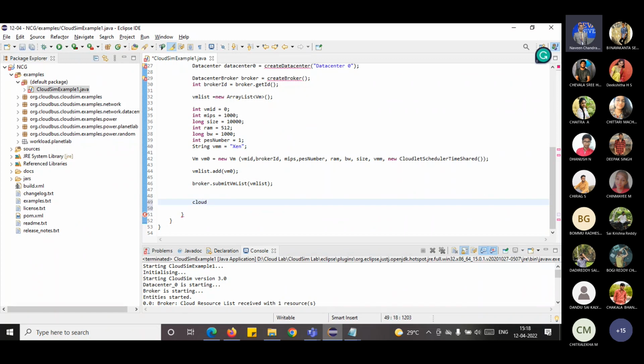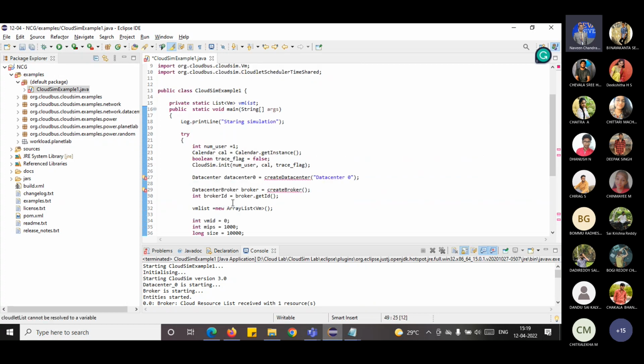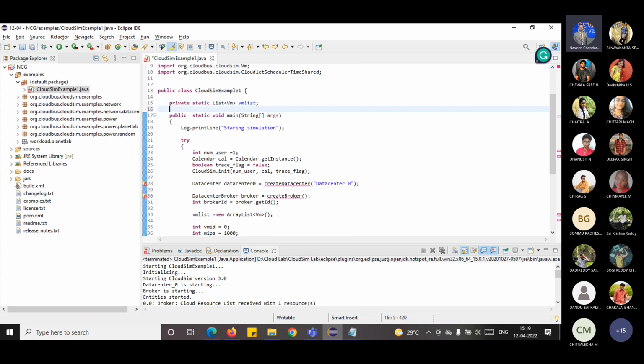So I'll be using cloudletList is equal to new ArrayList of, here, what are you storing into that array? It is the cloudlets. But what is this parameter? Did we initialize that? No, right? Wherever we initialized the VM list, it is here. So there itself, let us initialize the cloudlet list also, the same way,